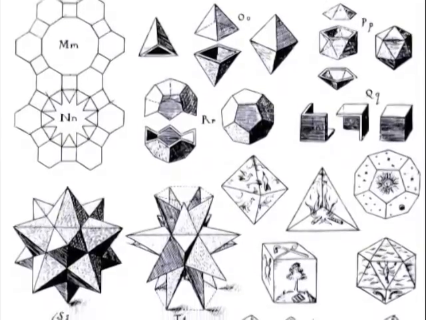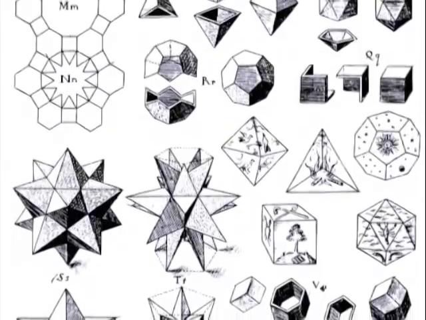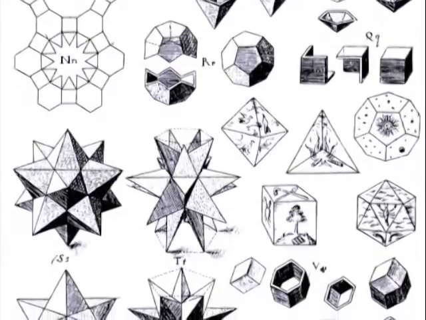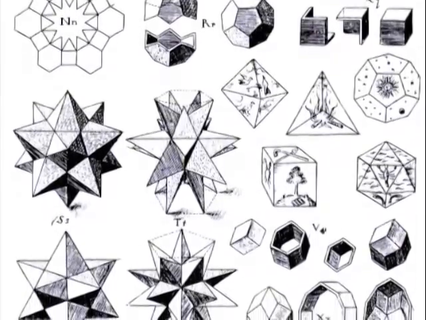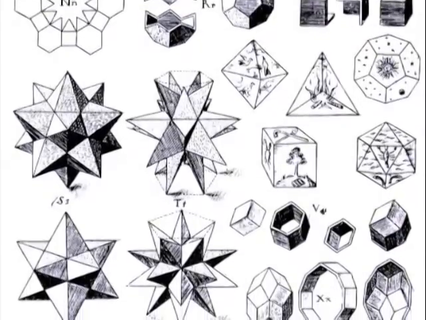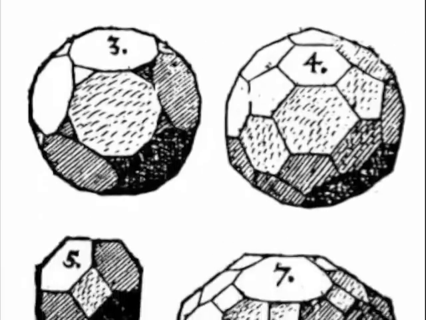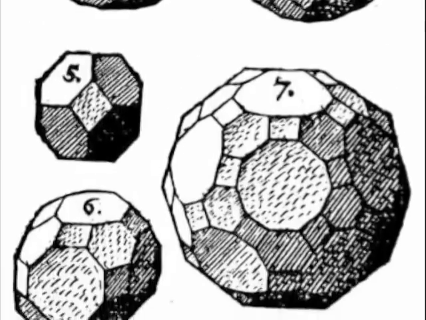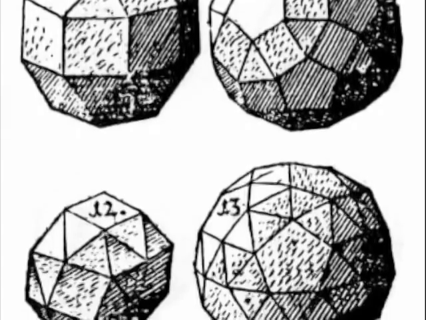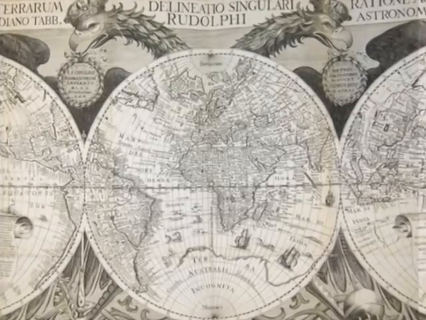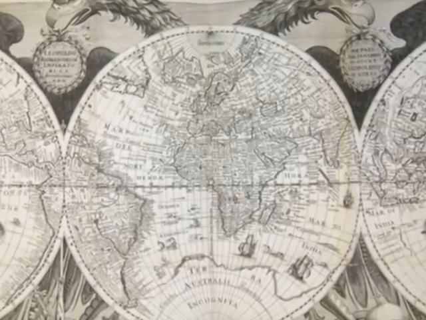Let us begin with Johannes Kepler, 1571 to 1630, a late Dutch contemporary of the Englishman John Dee. Kepler studied the 5 regular solids that can be formed from the 3 regular polygons, the so-called Platonic solids, as well as the 13 Archimedean solids formed by truncating the sides or edges and snubbing the corners of the 5 regular solids. Kepler used his knowledge of these geometries to plot maps, such as this, and to study astronomy, which